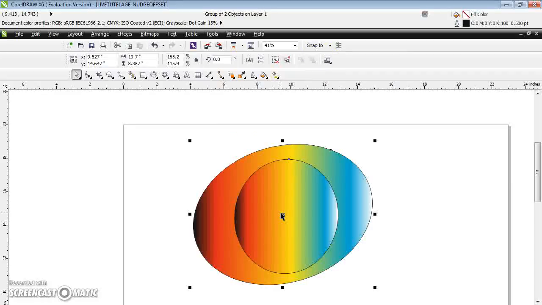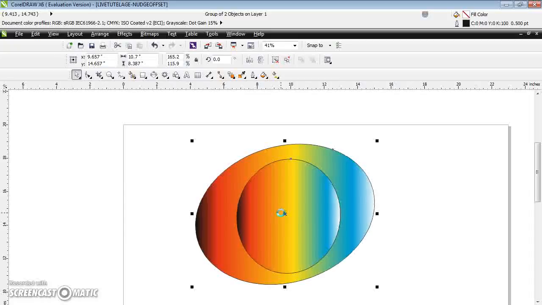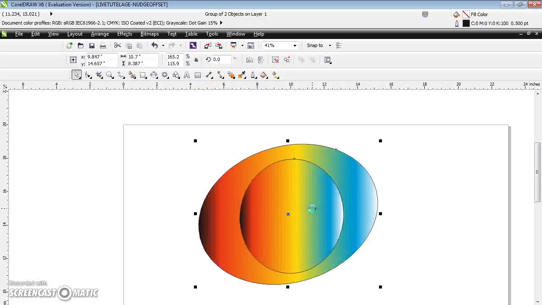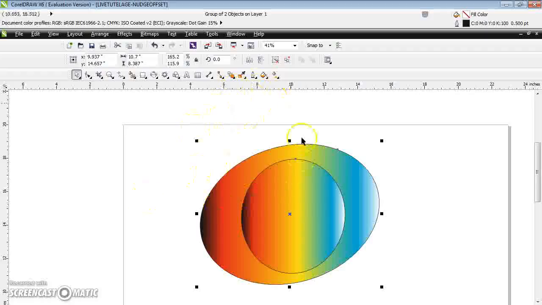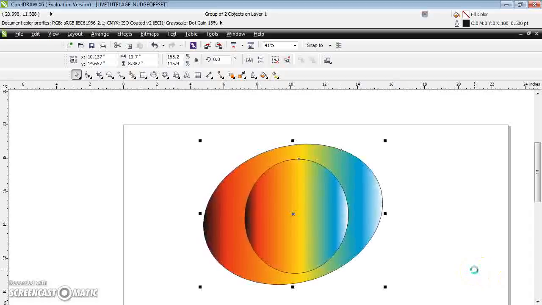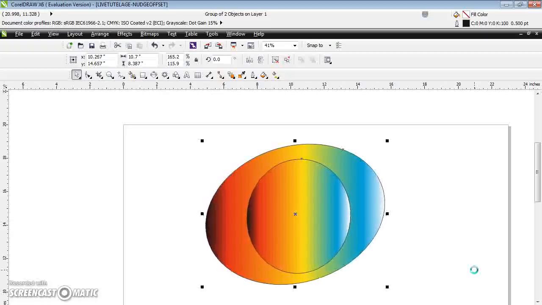So this is actually 0.01. Select your object and use the up key, down key, left and right key of your keyboard. You can observe how slowly it is moving. I am able to move it, but it is very slow. If my current page width and height are very big, and I want to move my object from the starting position to the ending position, it is very tedious. You can observe the object moving very slowly.